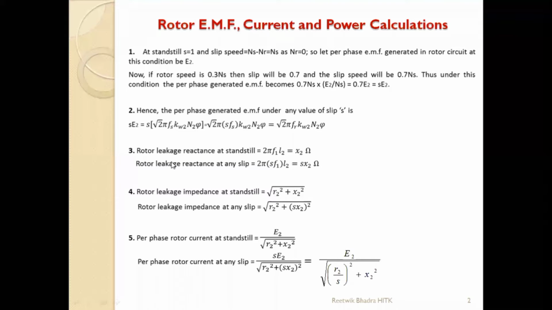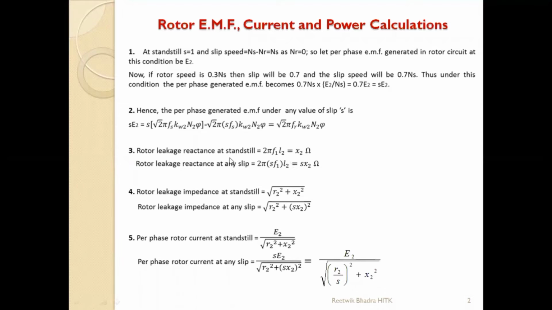Next, third point, we need to calculate the rotor side resistance and reactances. So first we'll calculate the leakage reactance. There is an inductor, leakage reactance. Since it is a winding, it will have an internal inductance and an inductive property, and will have an internal resistance. We have to calculate that. So first think about the rotor leakage reactance at standstill. Leakage reactance is given by XL. XL is what? 2 pi FL. That formula only we will modify.